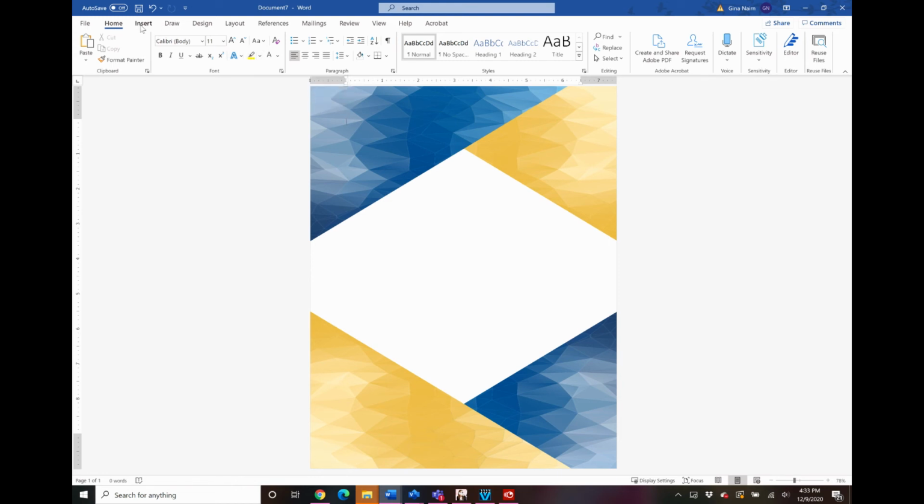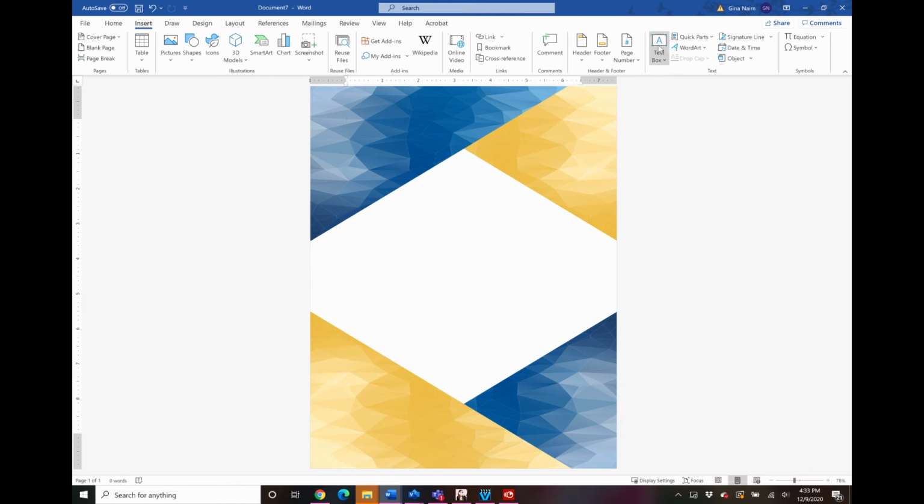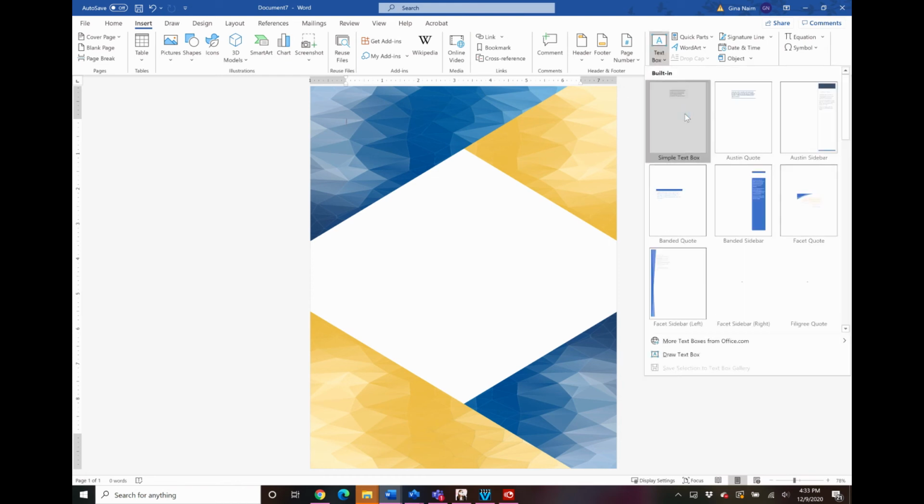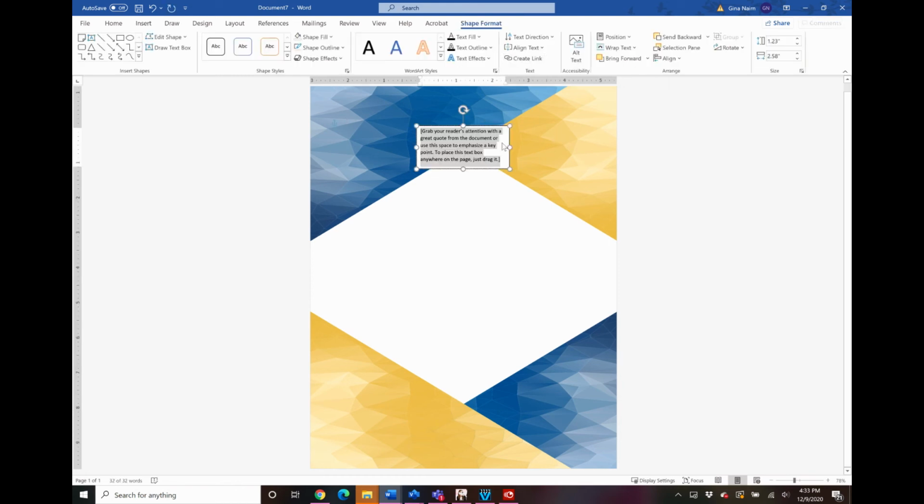So let's insert our text box. And really with a cover page, don't be afraid to use large fonts and use color, especially pulling color out of your graphics. So I'm going to call this one The Power of Thought.